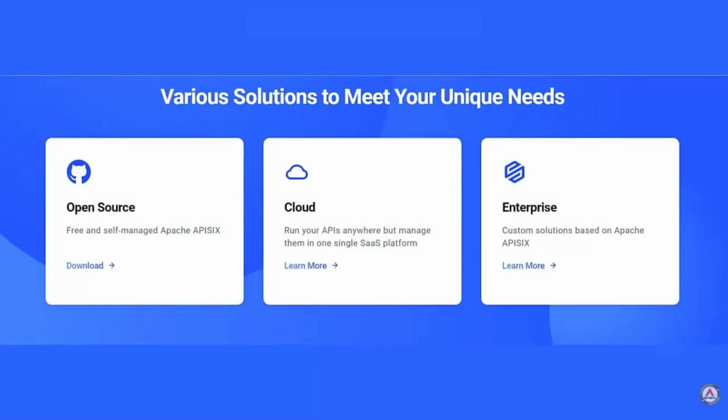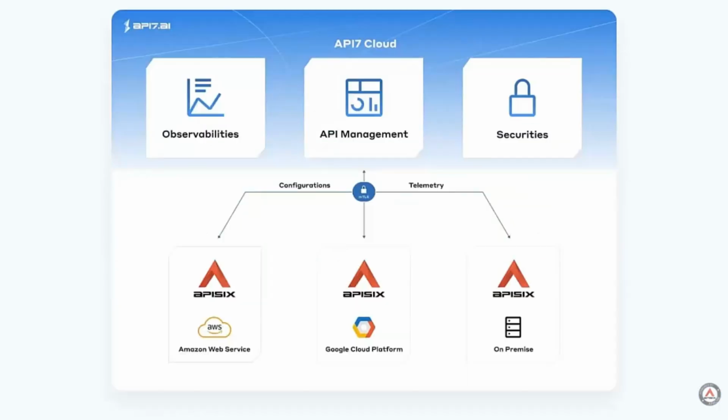If you require more advanced API management features for your API, you can use API7 Enterprise or API7 Cloud, which are powered by APISIX. API7 Cloud is an any-cloud, multi-location SaaS platform for deploying,